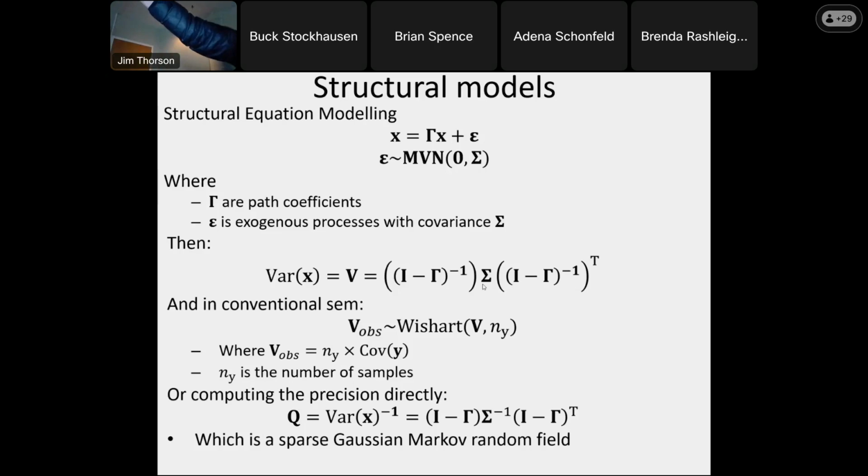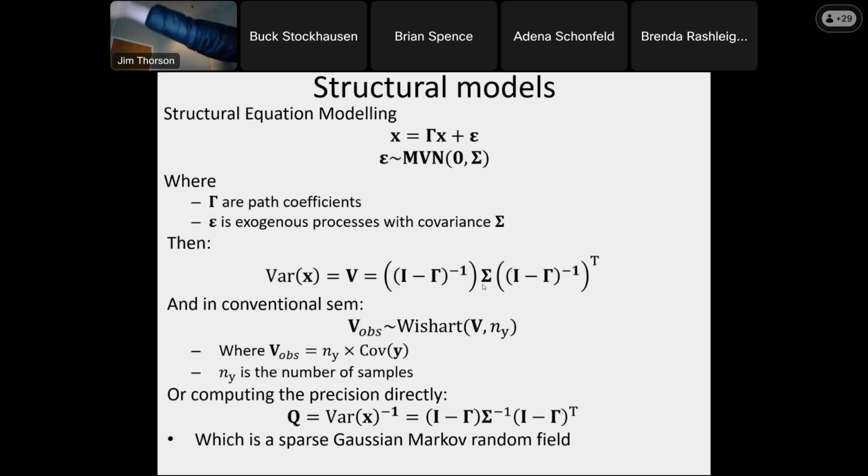Structural equation modeling always did this trick where they would say that, if you've got a bunch of normally distributed responses, then the sample variance follows a Wishart distribution, and nobody knows what a Wishart is. I never used a Wishart. Please don't use a Wishart. But